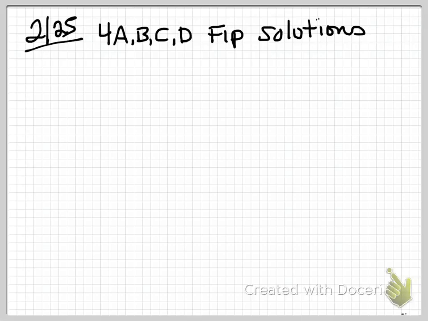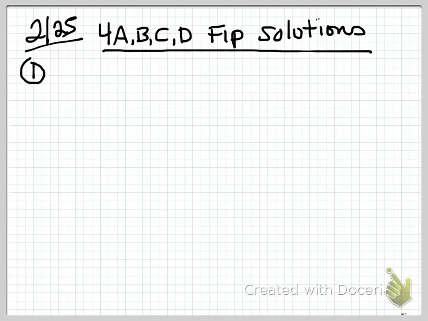Okay, this is the solutions to the 4A, B, C, and D FIPS for physics. In problem number 1, this is from the 4A, we have 4 people having a tug of war over an object. We have a force